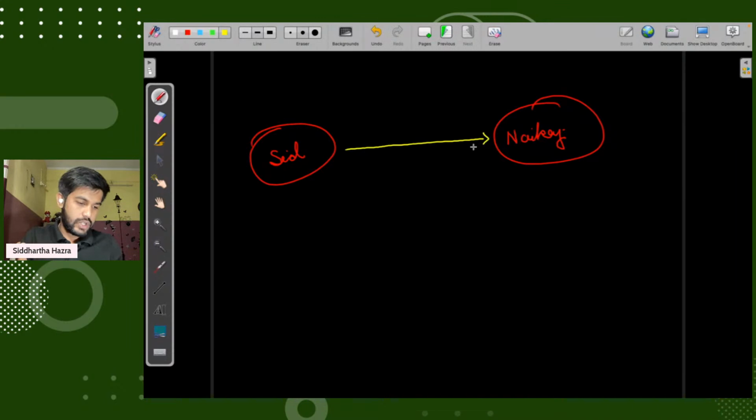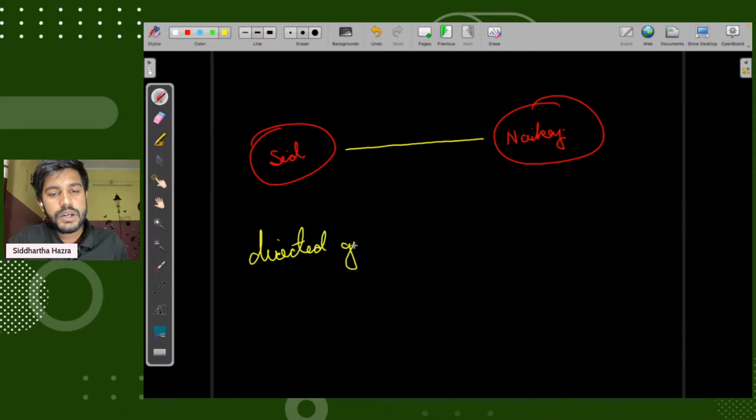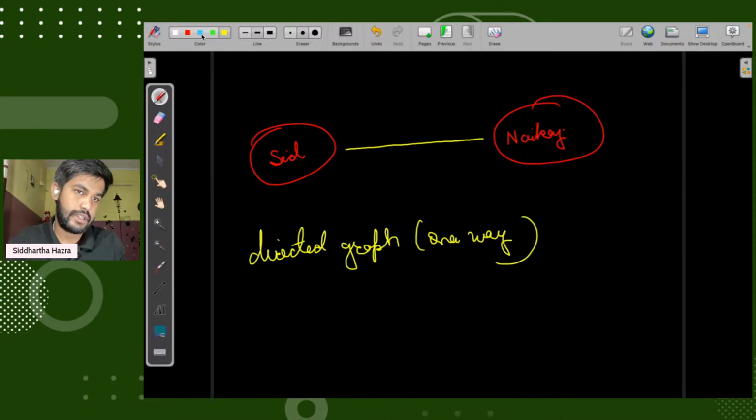This one-way road and all are referred to as a directed graph. What is this? This is simply a one-way road. Just write it somewhere so that you remember it.